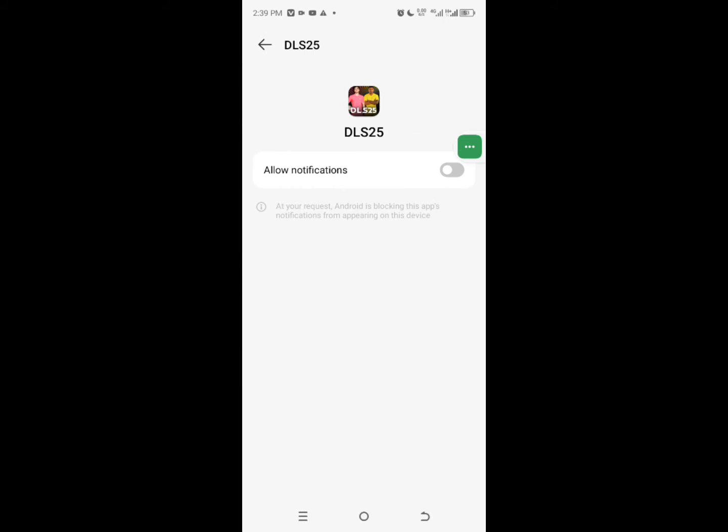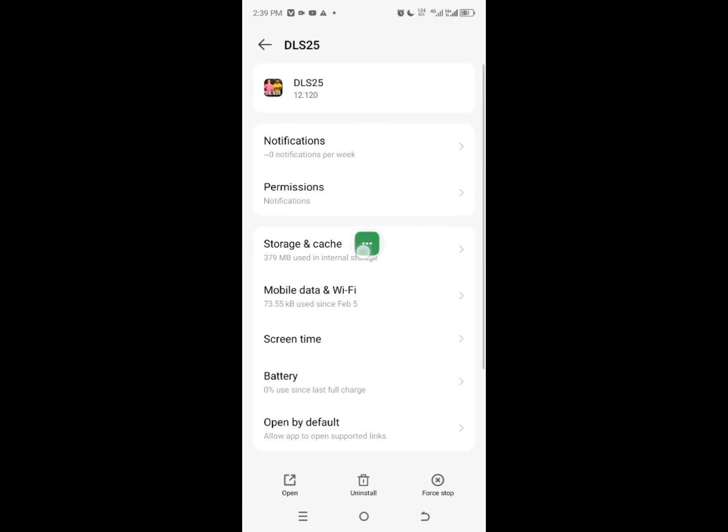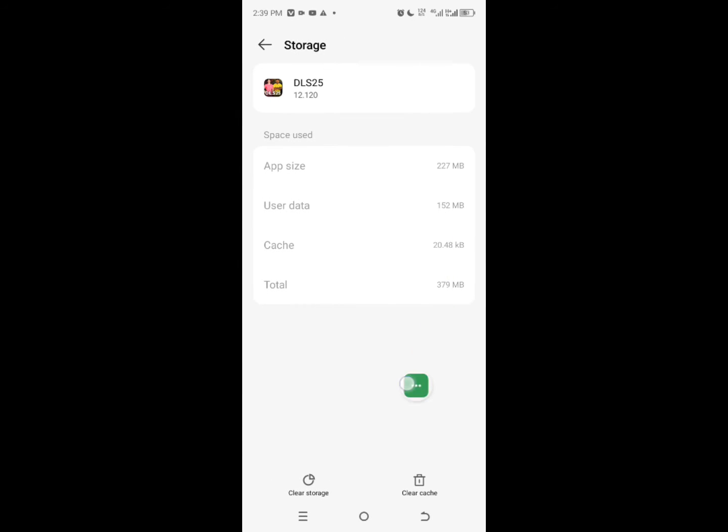So when you tap on it, you're going to see allow notification. Then you tap over here to turn it on. Now go back, tap on the storage and cache, tap on the clear cache, which is down below. So now go back,